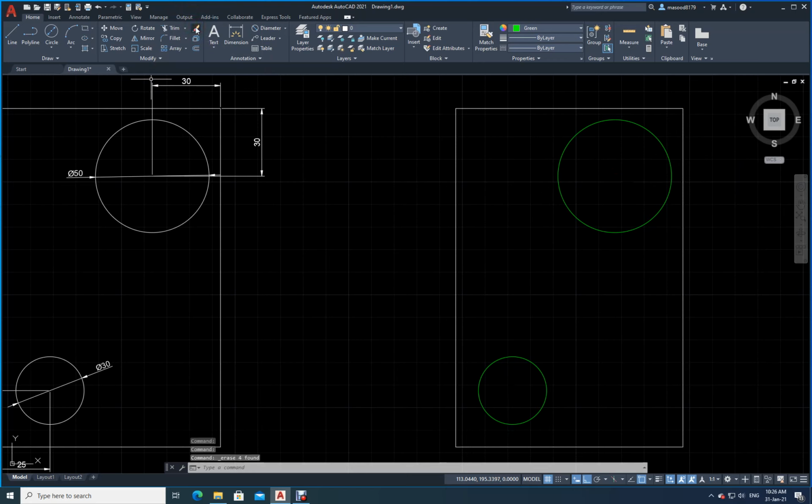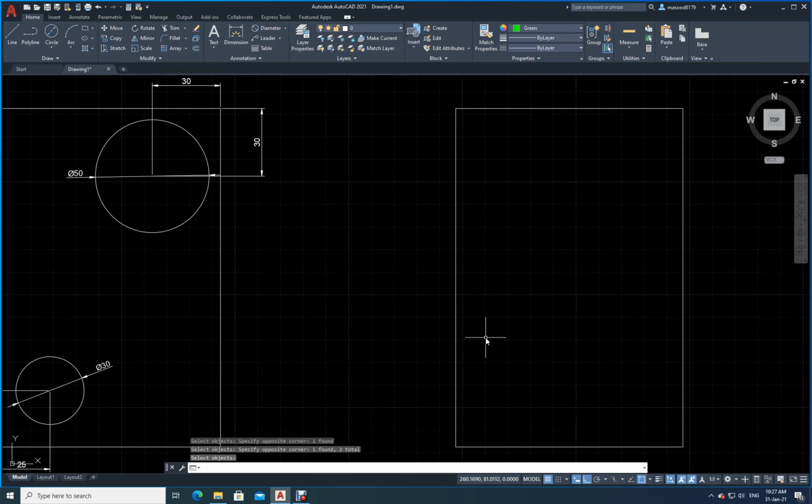So it is gone. So actually what I did, I have drawn a line over here. Let me undo it. I drew a line here, one line here, another line here, another line here. Then again 4 times I have to delete them. So this is extra work. To avoid this, we have got another facility which is called temporary tracking. Is this clear? Let me delete the circles now for the time being.